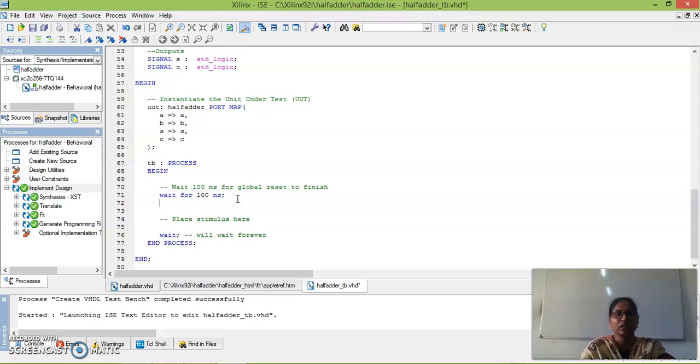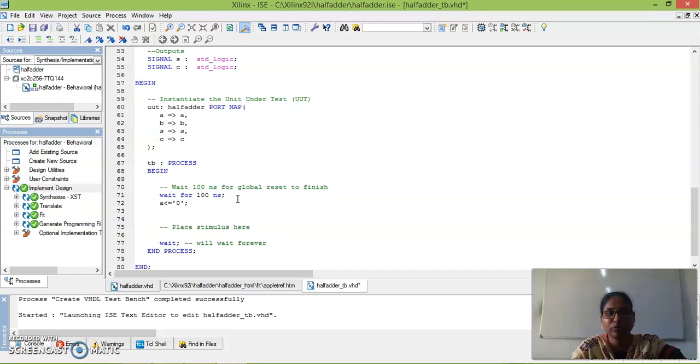I need to write the test bench patterns. I need to mention how many input combinations there are. So A and B are my inputs, both assigned as 0.